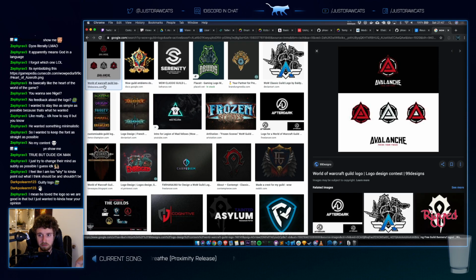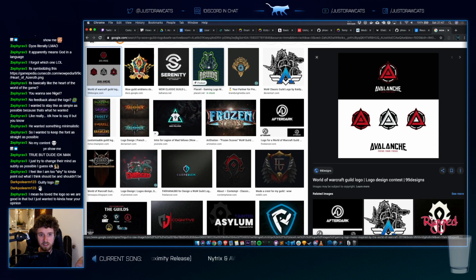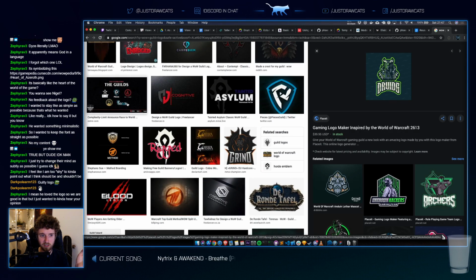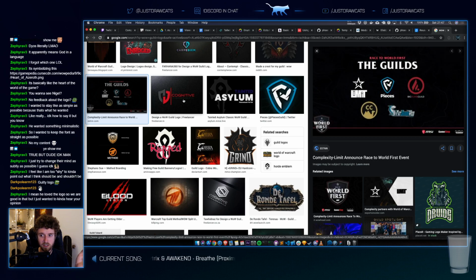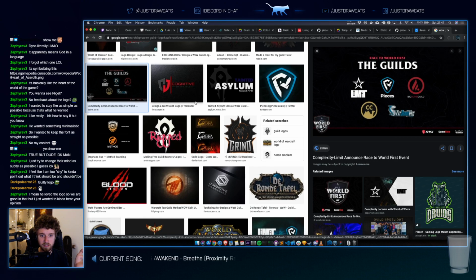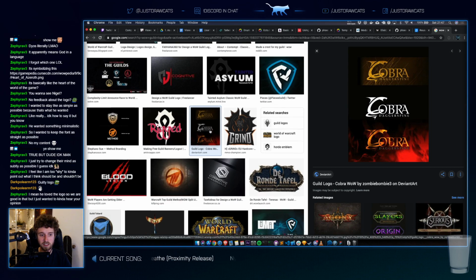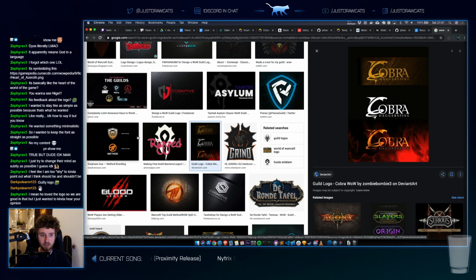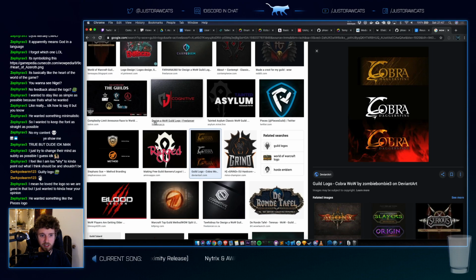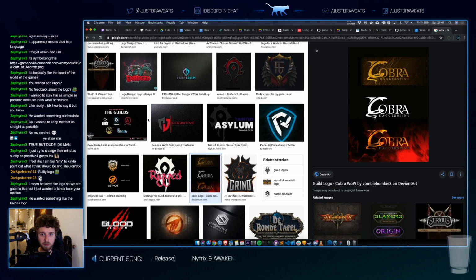This could be a guild logo, but could also be a multi-gaming organization logo. This looks like a guild logo that could also be a multi-gaming organization logo. So knowing what you're going to be creating is the most important thing.